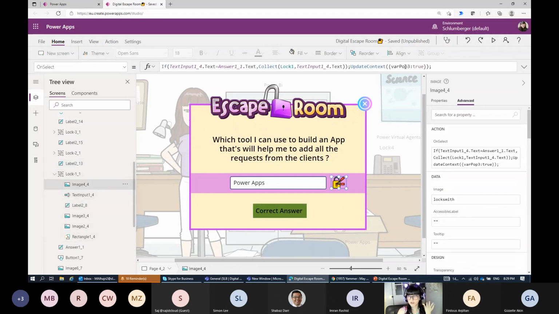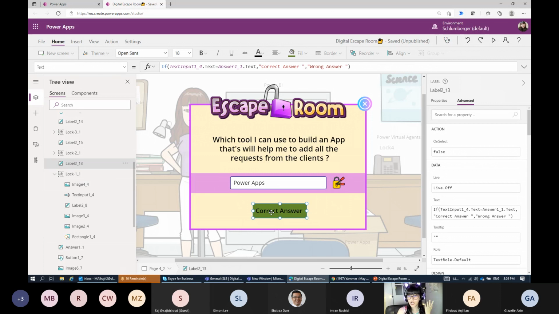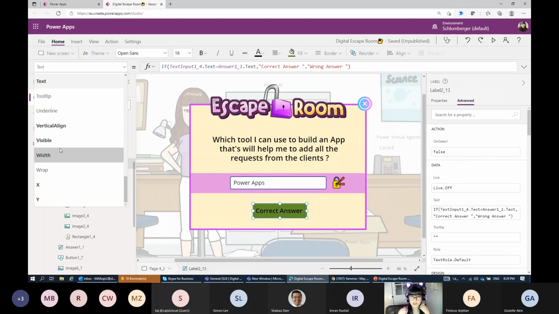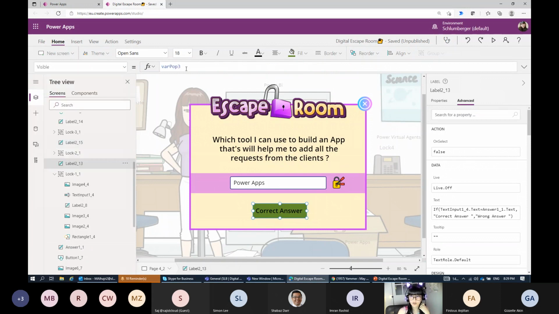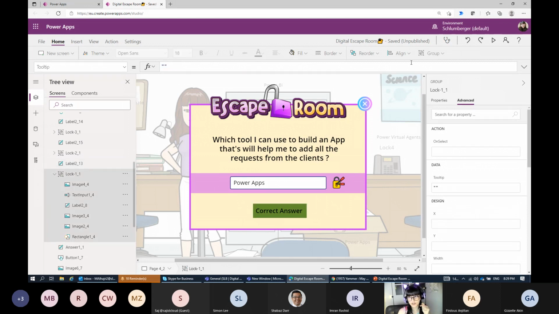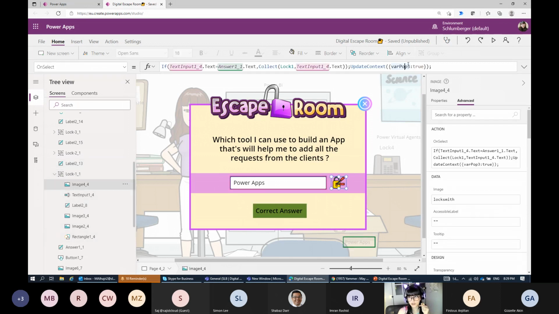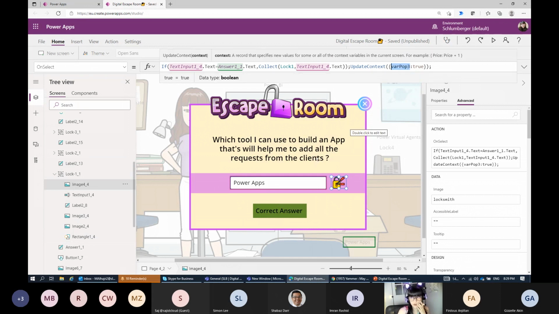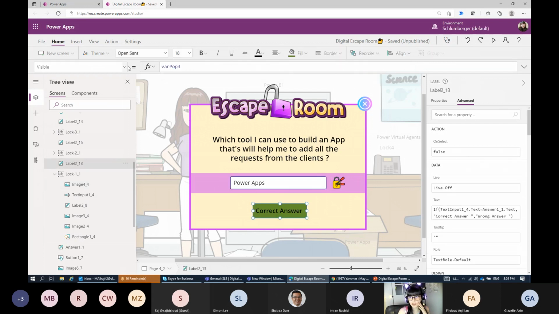Okay, so here we are just adding another variable and we make it true. And how can I see this one? Why is it not visible for me from the beginning? It means I'm using something here, we call it visible actually. And we are adding the name of the variable that I created here. You can call it whatever you want. There is no standard for naming your variable, so you can change it. So whenever they're adding their answer here, they will be able to see it because I make it visible whenever they are clicking here, even if it's wrong. If it's wrong, they will be able to see a wrong with the red color.